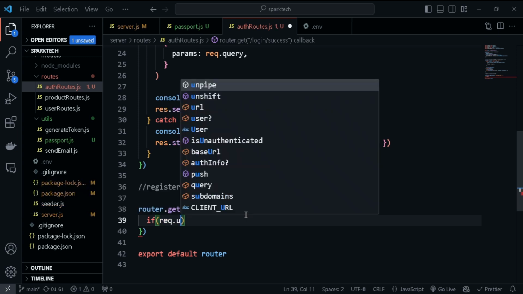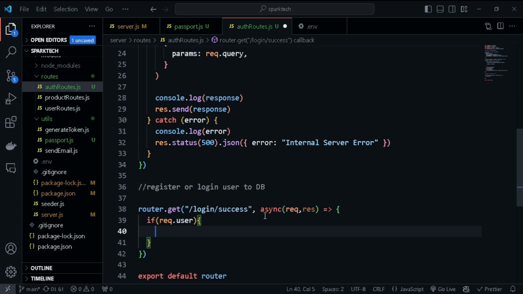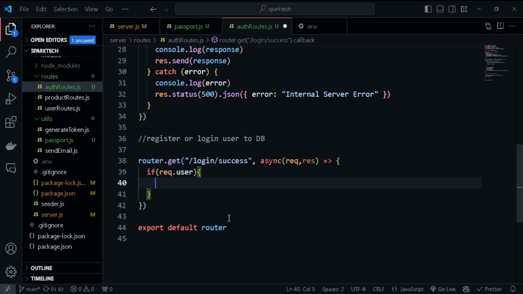So request.user, then we are going to first of all find the user which is in our database. If the user exists, then we just want to log in the user. We do not want to register the user again. If the user isn't registered, we are going to register the user. So let's call this user exists